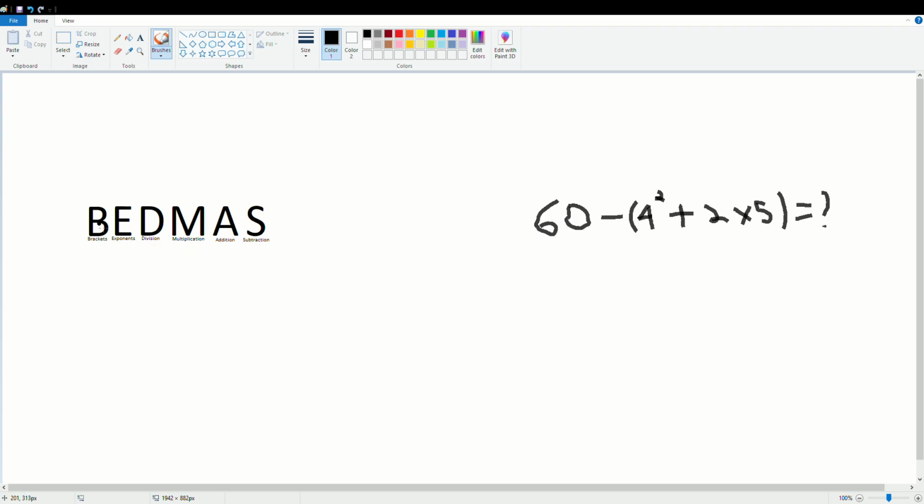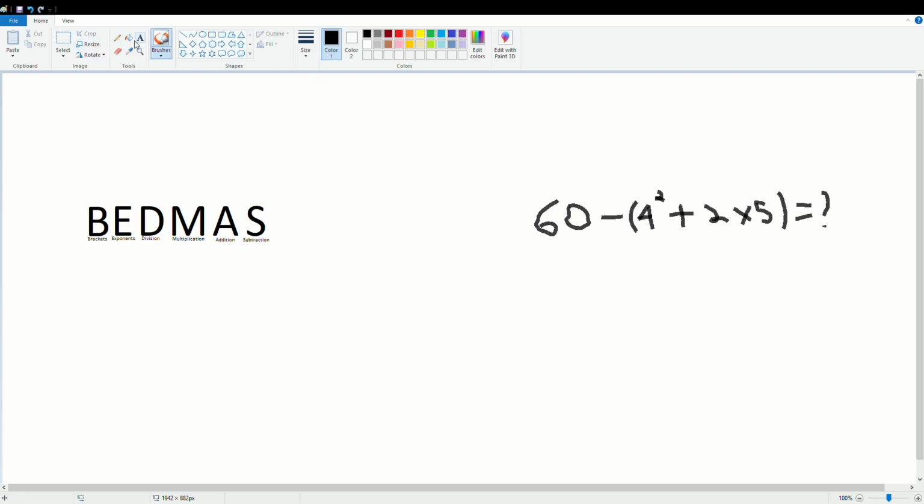So first thing you want to start off with is the brackets. So you do whatever is in brackets first. And in this case, we're going to jump straight to exponents because this is the only set of brackets there is in this equation. So we're going to do 4 squared, which is 4 times 4, or 4 times itself, because that's what exponents do. They multiply the number by itself. Sorry. So we're going to simplify this equation,